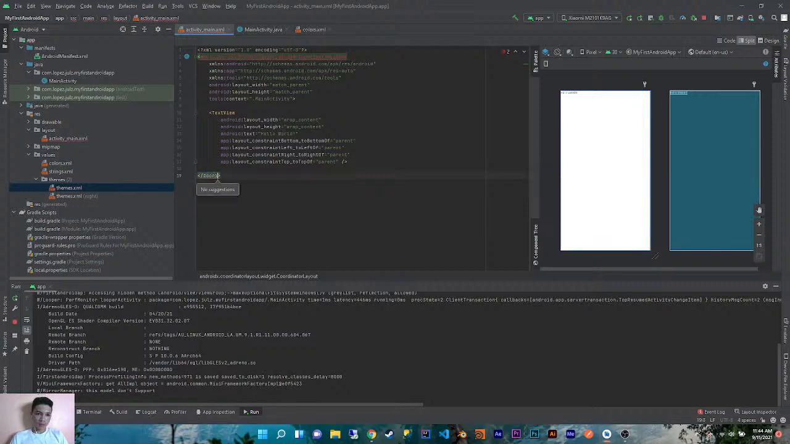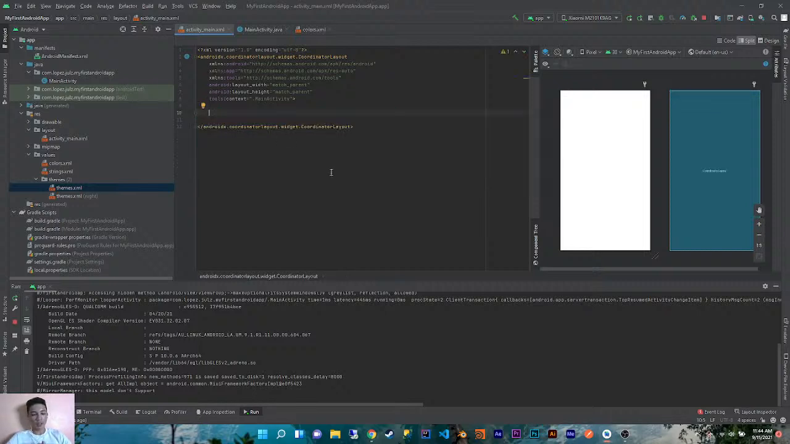So I'm just going to close the coordinator layout, right? Make sure all your layouts are being closed properly. And I'm just gonna delete this text view right here because we don't want that to be displayed as a text view. Now, so most of our Android applications have an up bar, but